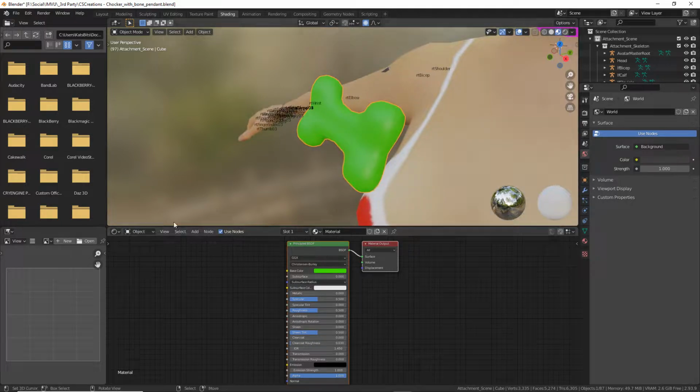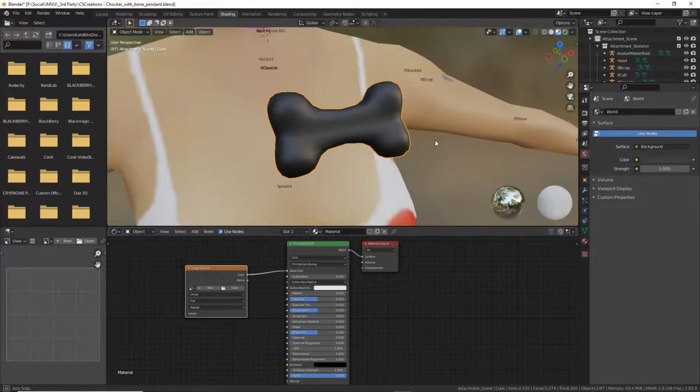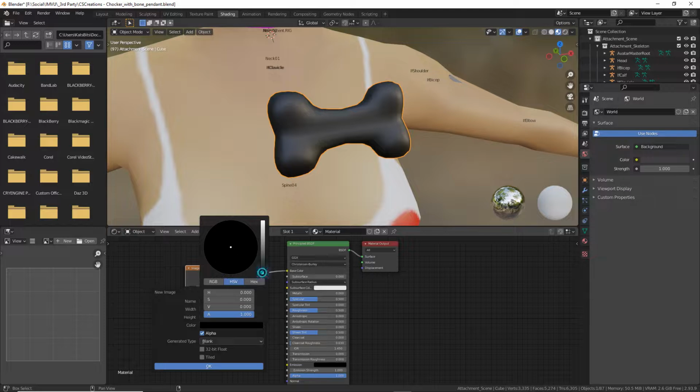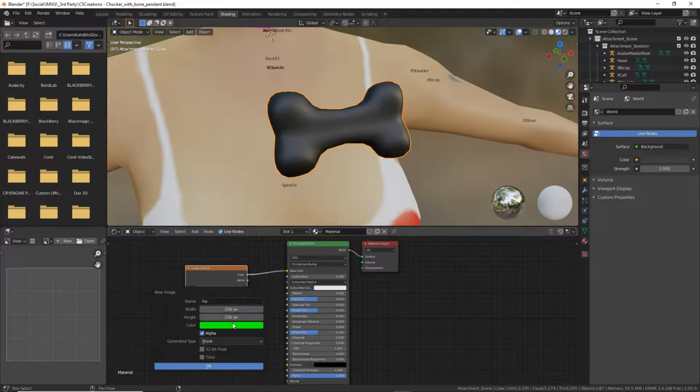So let's just do a quickie. So image texture. So it'll go black because we don't have an image, and then of course we just create our image. So let's just call this tie, and then 256 by 256 blank color. So the color, this black, comes from this option at the moment. It's set to color. So you can actually change that here. And it won't change immediately, but